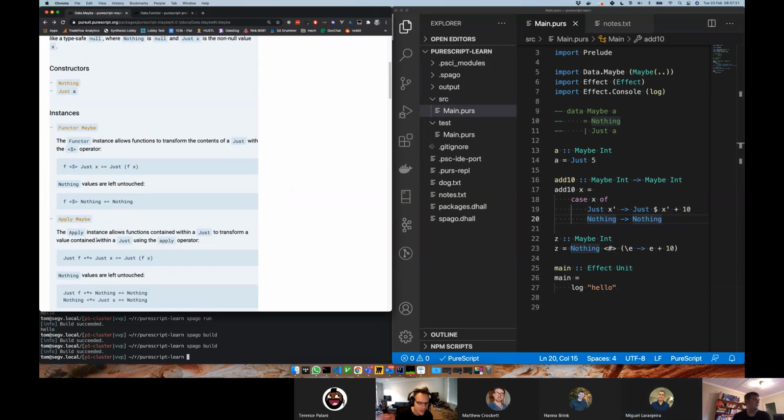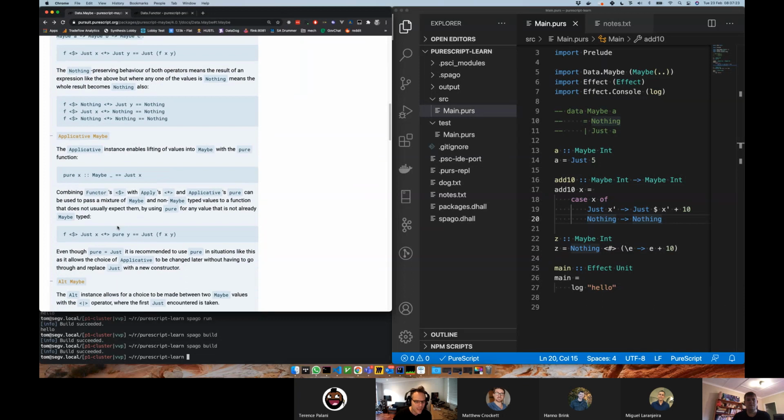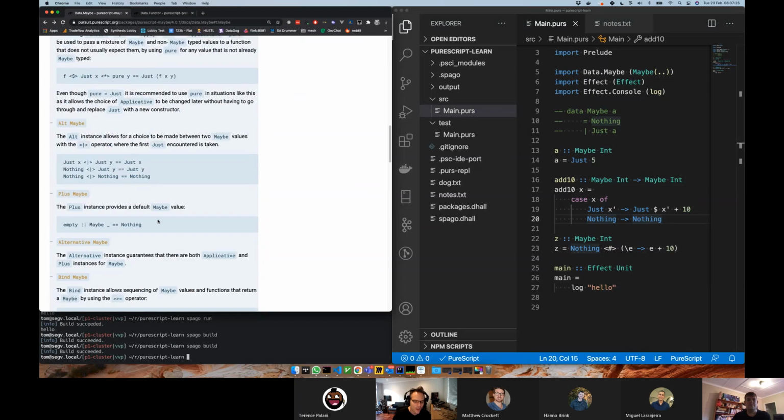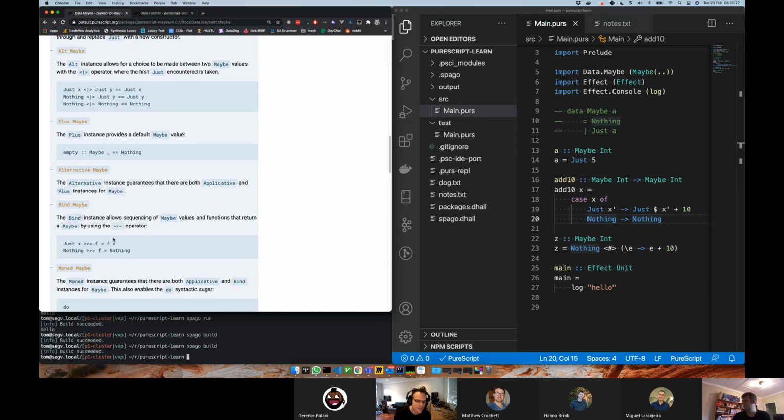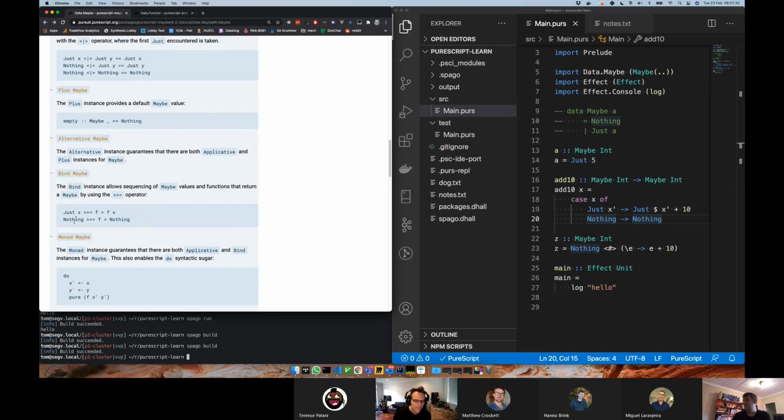So let's keep going. There's Functor, and interestingly, for Haskell, I'm pretty sure there is a bind of Maybe. Yes, there is. And it would be very similar to map, right? A Just of x bound to a function gives us a function of x. So it would be f of x. The only difference would be